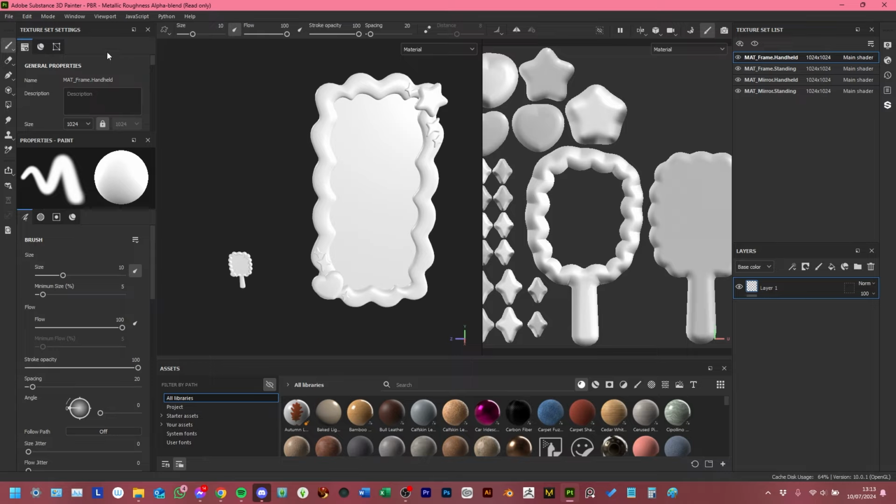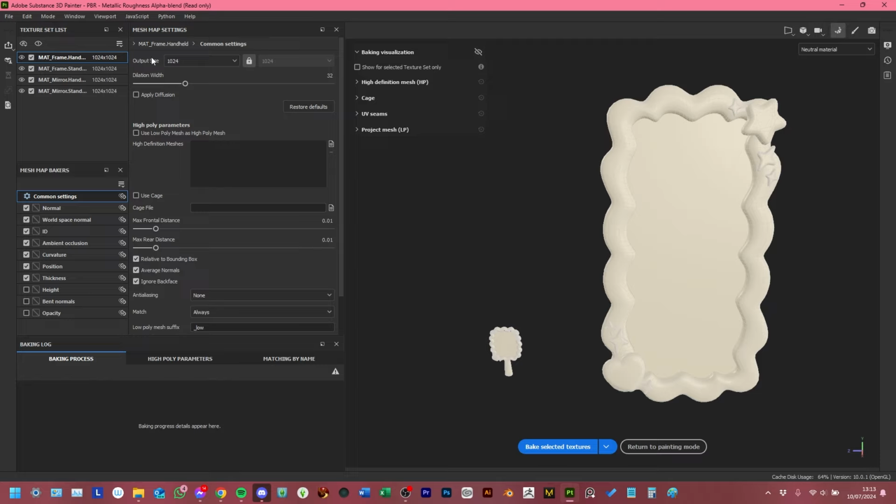To do that, you come up here to Mode, Bake Mesh Maps, and you'll see that the output size matches the document size. Now, if you have one UV that, for example, has a big plane on it, then you might want to just individually go to that one and set it to 2K. But you can do that at the end when you're exporting. You don't necessarily need to do that here. For now, though, I'm going to set everything to